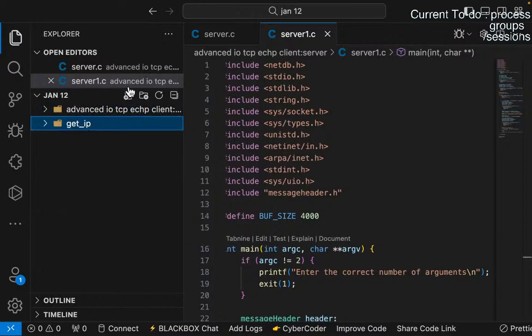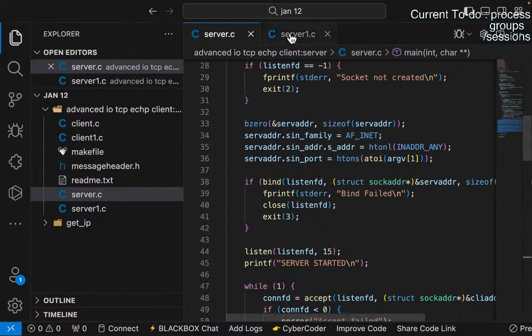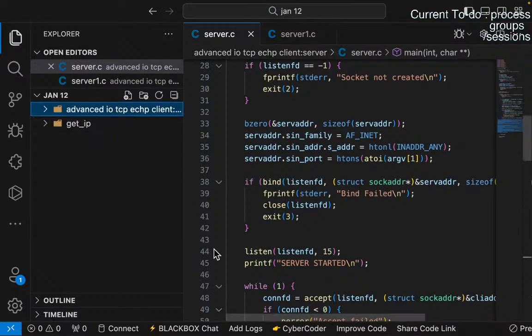Get IP, I think we have to implement it in the next stream. We'll try to do it tonight, after dinner. We'll come back, but as of now,